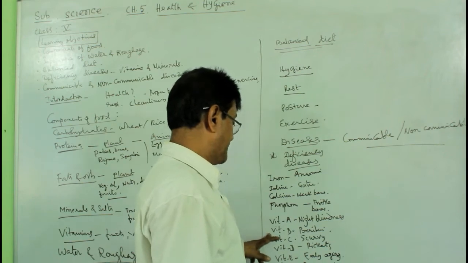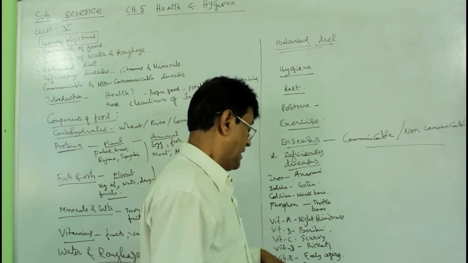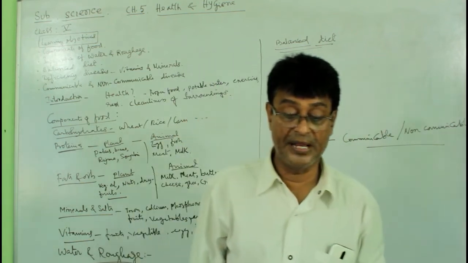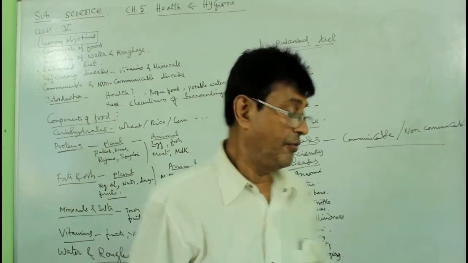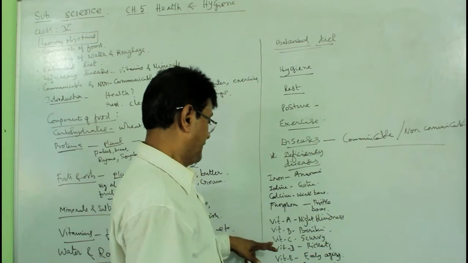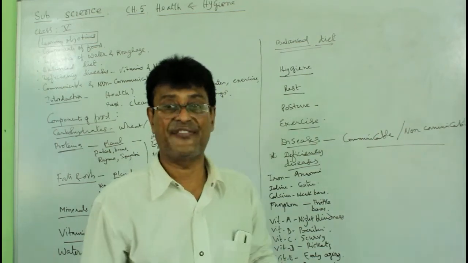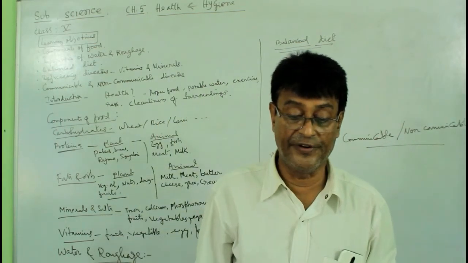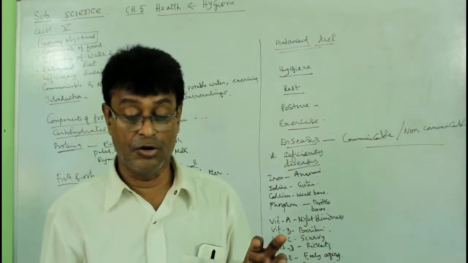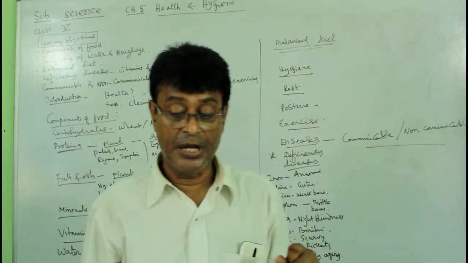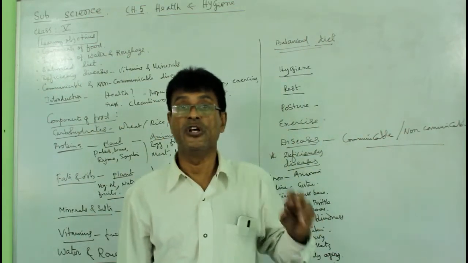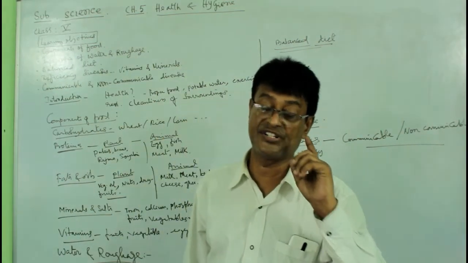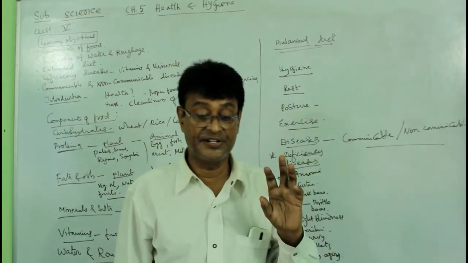Now, vitamin B deficiency is also a problem. To prevent it, you need to have beans, meat, eggs, etc. Well, we have the deficiency of vitamin C, which causes scurvy. In the mouth, it causes scurvy, and scurvy can be cured by oranges and tamarind, all kinds of citrus fruits, because the citric acid provides the vitamin C.